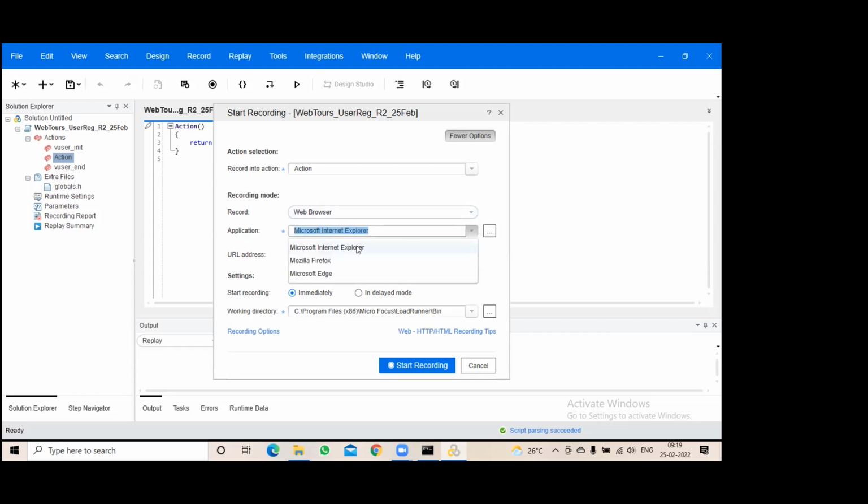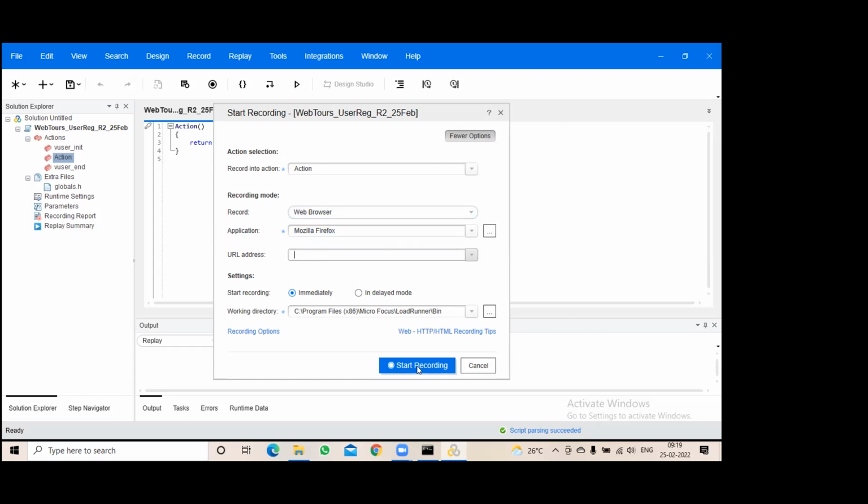That is a drop down actually, and you can choose whatever browser you want to use for recording. I will choose Firefox for recording. And here you can enter the URL address of the application you want to record, or else you can enter it later also. I prefer not to enter here.